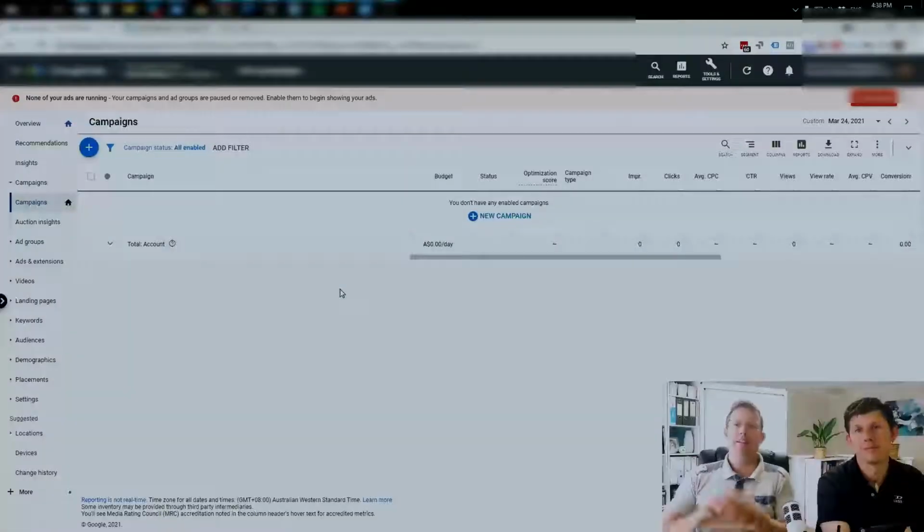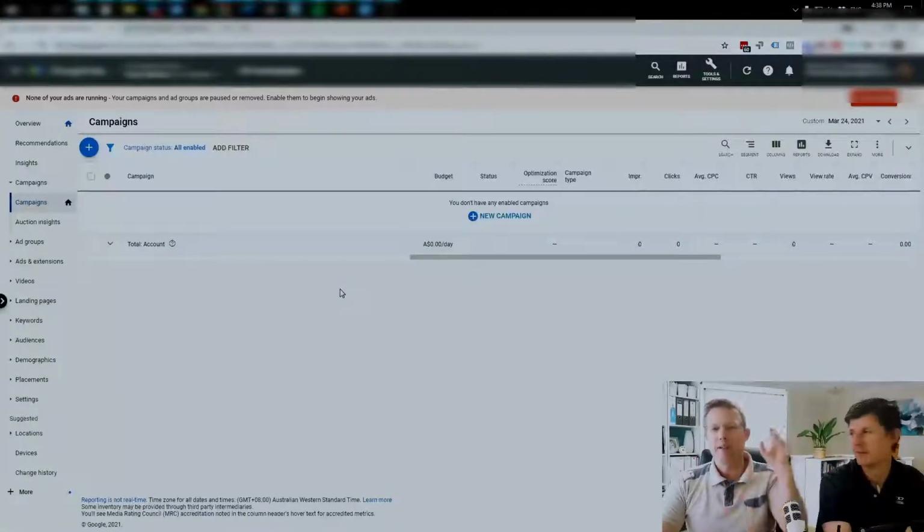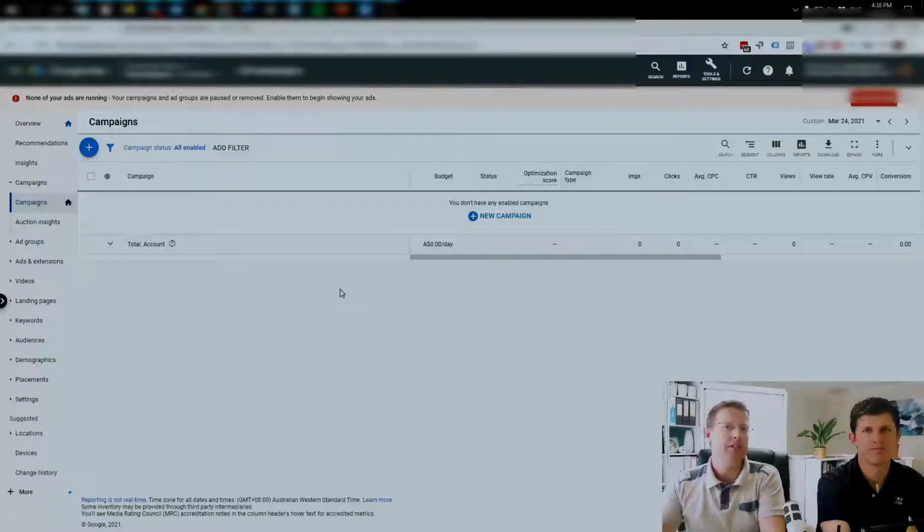So let's get straight into the back of Google Ads. So guys, this is the back of the Google Ads platform. If you've never been in here before, there'll be a video up the top here. Make sure you click it. It'll show you how to create your own Google Ads account so you can get in there and get underway. So let's show them how to build remarketing campaigns for anyone who's been on YouTube.